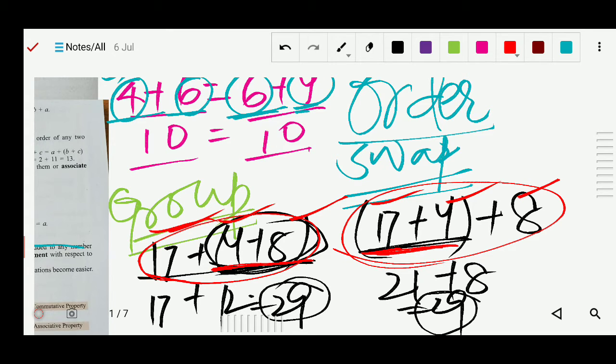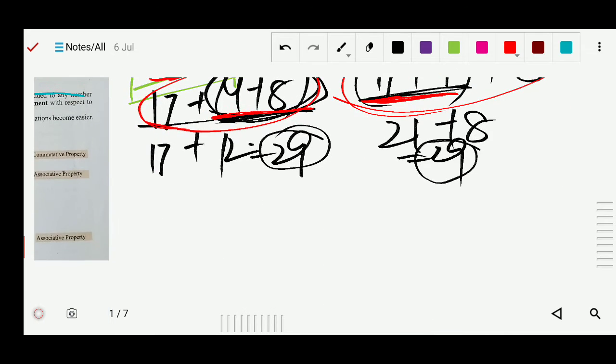Only we just make the grouping. So this grouping is called associating. Commutative, that is your only ordering. This is your associative, we are doing the grouping. That is all about this associative property. Last one is your